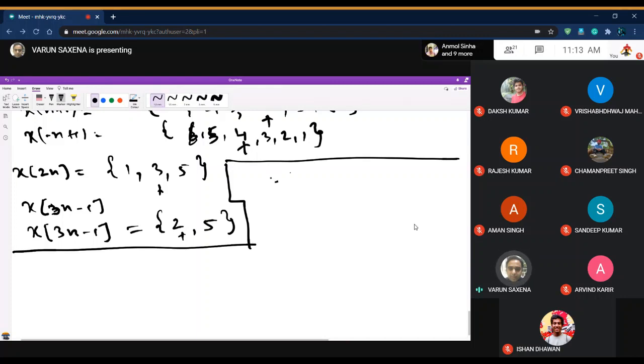Suppose you have a sequence xn, and you need to get a sequence x of n minus M by N. Then tell me various steps through which this can be achieved. How can we achieve this? That is the question. We are starting with xn, and we have to transform this to n minus M by N, where capital M and capital N are integers. Think about it step by step how you're going to move.